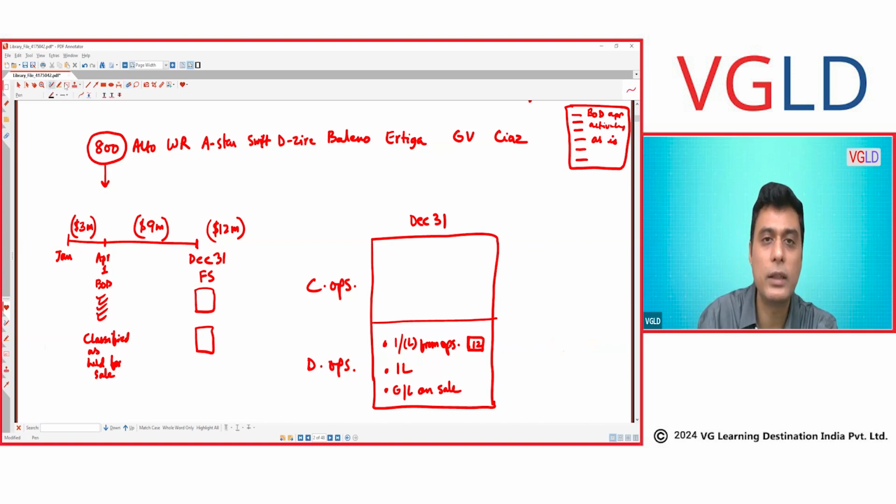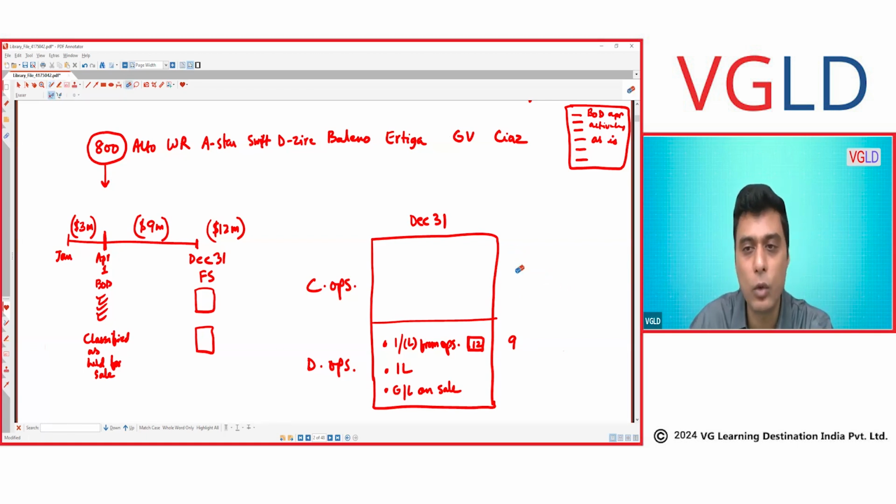One of you, or I think couple of you, said that we will show 3 over here in the continuing because at that time it was continuing. And then we will show 9 over here because now from April onwards it is discontinuing. While I know you have applied your own logic, US GAAP says that no, it is not going to be 3 and 9, it is going to be entire 12 over here. The reason, logic is